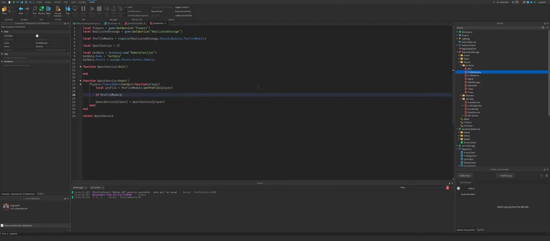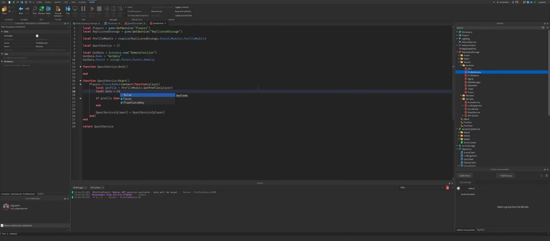Check if profile, then make a data variable. So we'll say data will equal nil. Then data will equal profile dot data dot quests. Wait, what did I call it again? How did I already forget? I called it quests dot quest, right? And here we would say or data, but in this case data is nil, and I'll move on to an